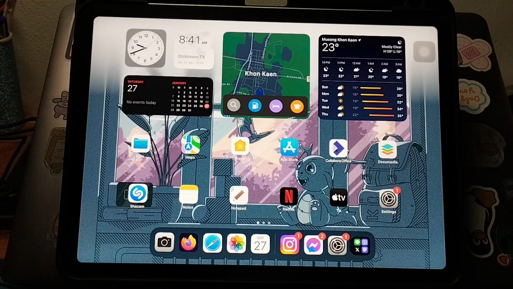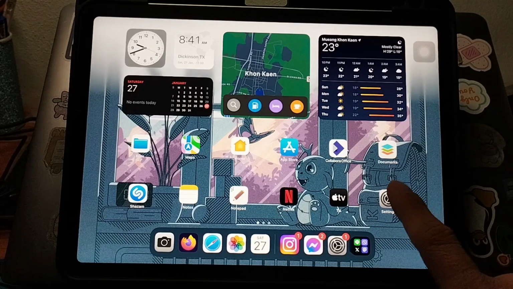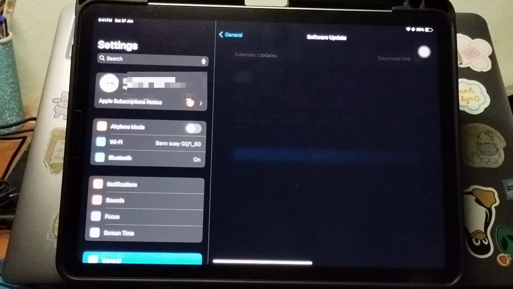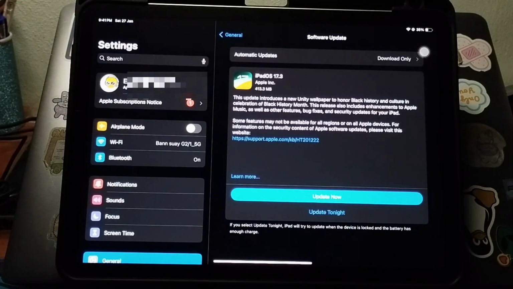Today we're gonna update our iPad OS into our new version, which is right here in our settings. So let's click this one. Some of my information will be obscured. Checking our updates right now. So I have the iPad OS